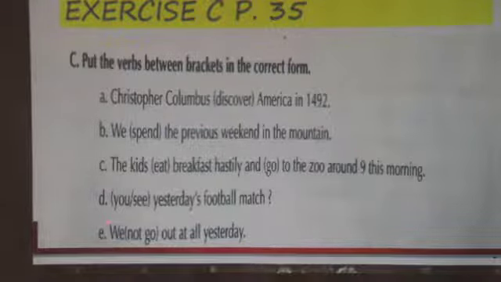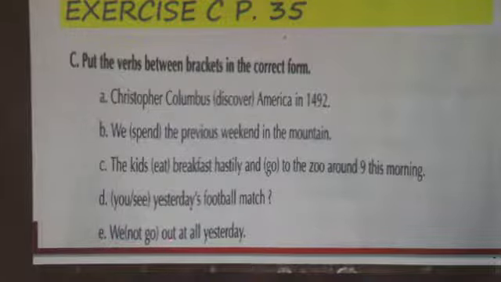Then D, so try to pay attention here, because here we are going to have an interrogative sentence, okay, which means there will be some change concerning the structure of this sentence. So here we have you, which is the subject, and see, the verb. Yesterday's football match. The football match of yesterday. Simple past as well. Now here, I'd like you to pay attention as well, because we have not go, which means the verb to go in the negative form. So the subject is we,